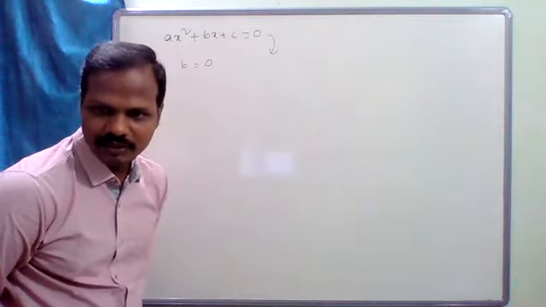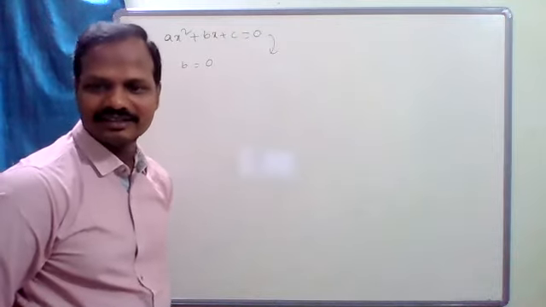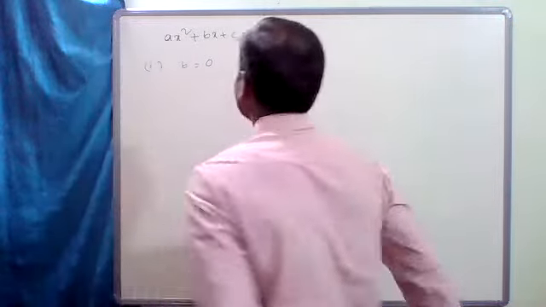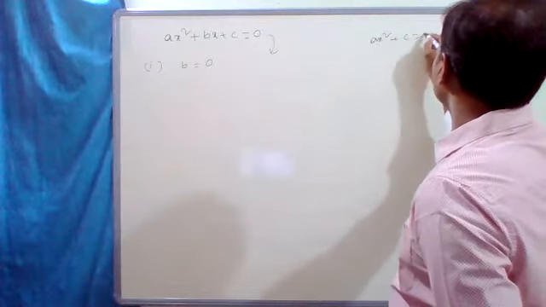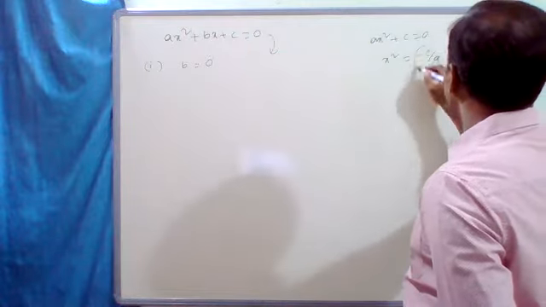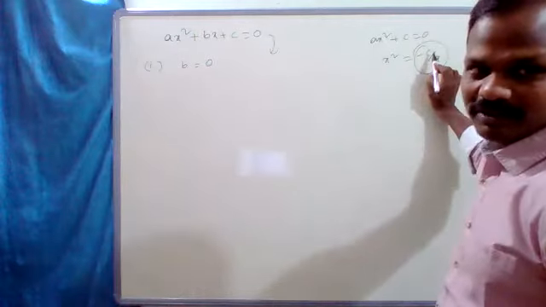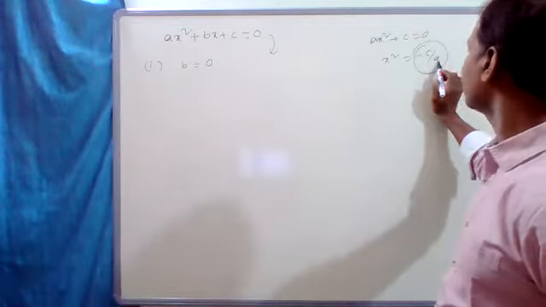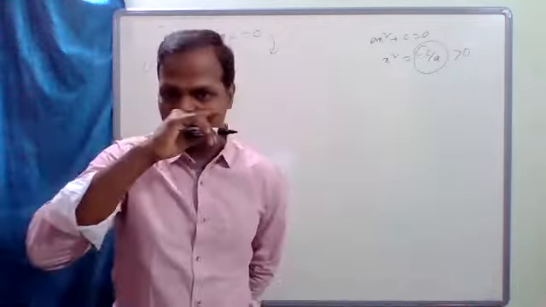Yeah, sum of roots 0. Imaginary? Samata, not imaginary. How can you say imaginary? Think like that. If b equal 0, then ax square plus c equal to 0. So x square equal to minus c by a. Don't think this is a negative value. Suppose c is negative. Then minus c is positive. If a also positive, then this total is positive. Then you will get real roots, not imaginary roots.